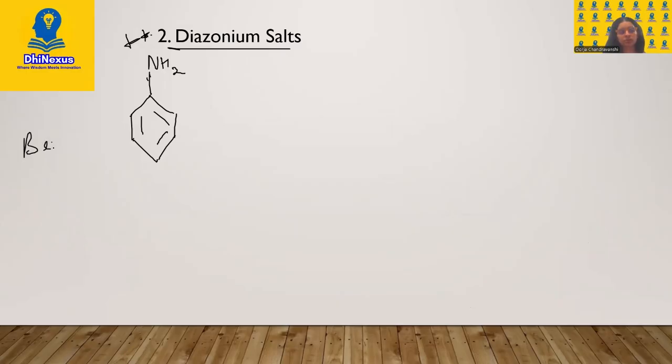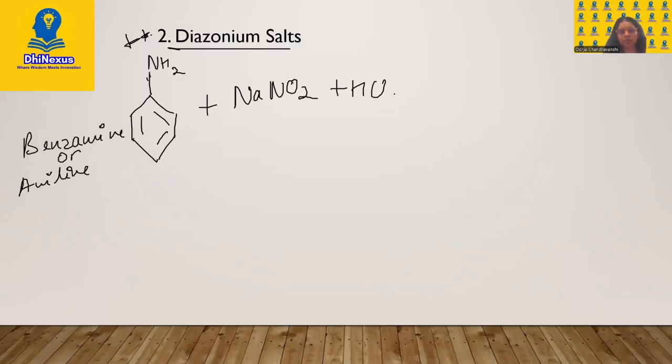Another name or IUPAC name is benzenamine. However, aniline is also accepted by the IUPAC nomenclature. Along with NaNO2 and HCl at 0 to 5 C,